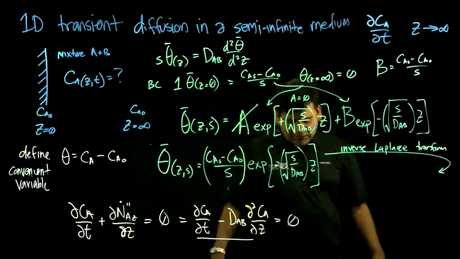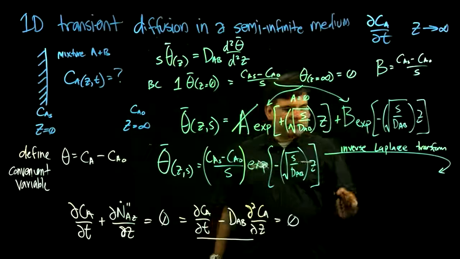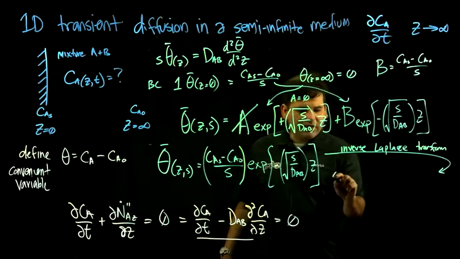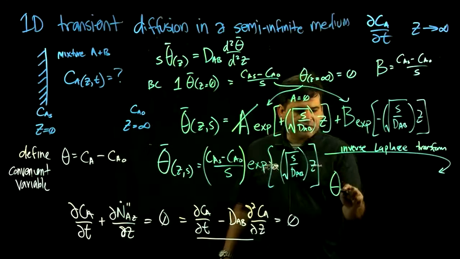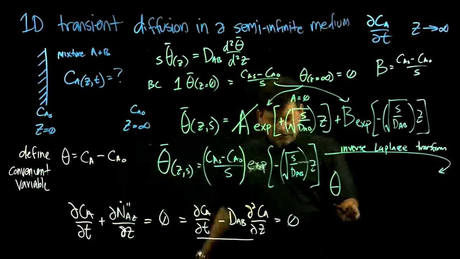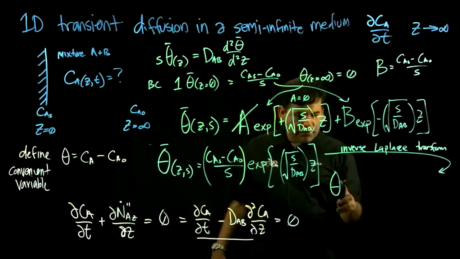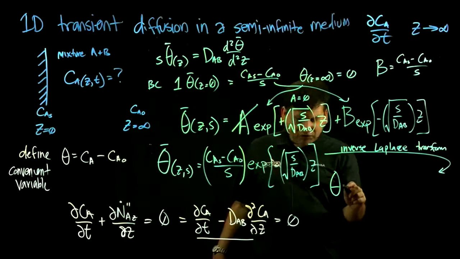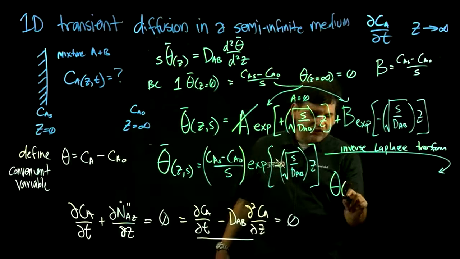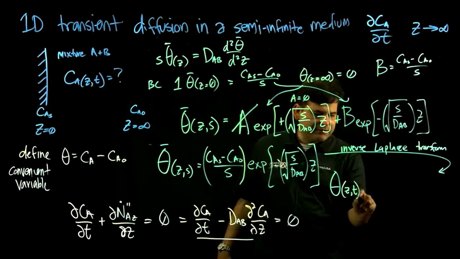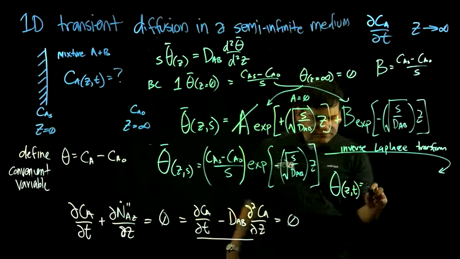The inverse Laplace transform will give us the function we want. We want theta, which is the concentration shifted by the far stream concentration, as a function of z, space and time, equals